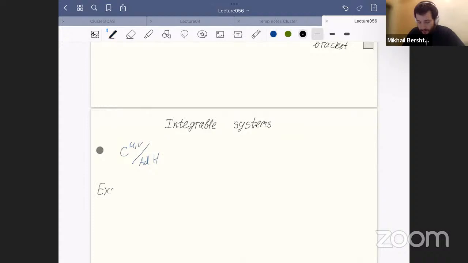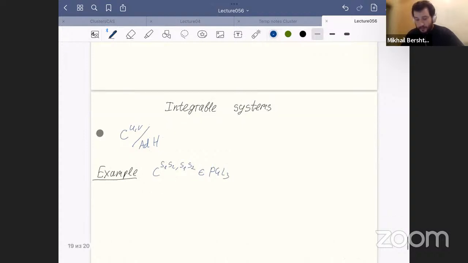Let's take an example. Let's take a double Bruhat cell which is a Coxeter one, x1, x2 in PGL3. When you take the quotient by the action of the Cartan, it is now this p is even less important. But anyway, a generic element here